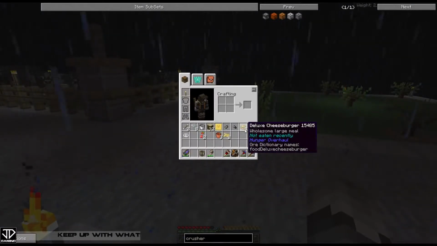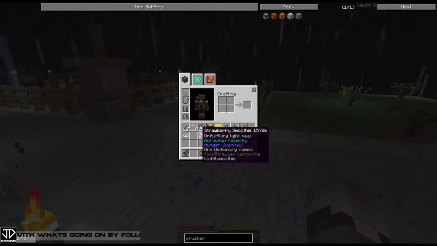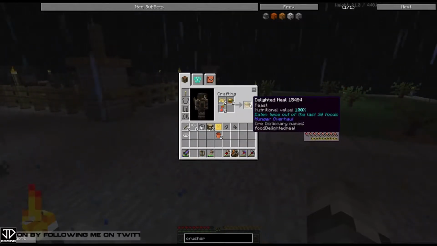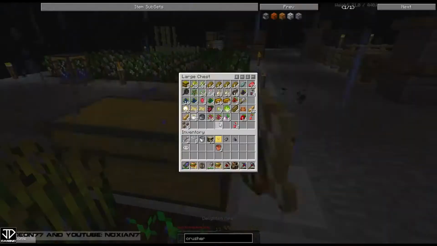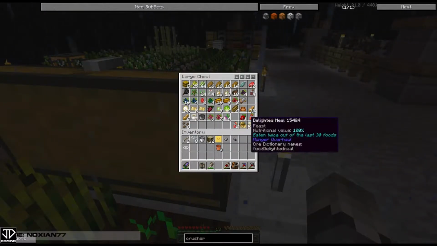So like I've had the meal, but I haven't had just the deluxe cheeseburger, and I haven't had just the fries, and I haven't had just the smoothie. So if I put them all together, I'm going to get 2 more of these delighted meals, which I've eaten twice. I would get the same hunger if I ate these items individually. So basically, it's just a way to keep your food diversified,